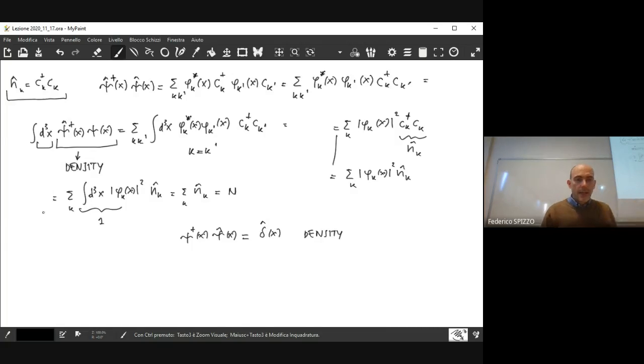Because, just to make a short comparison, if you consider this expression, what is the equivalent expression in first quantization? This is a second quantization expression because we use vector field operators. But what is the equivalent of that in first quantization? The equivalent of that is the expression that is based on